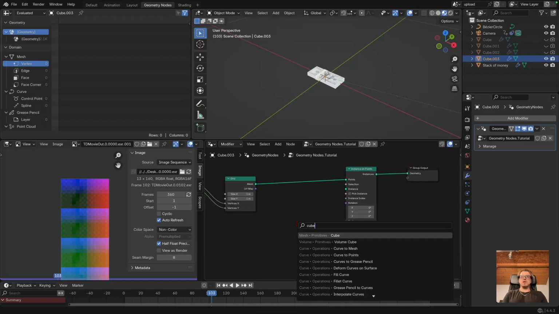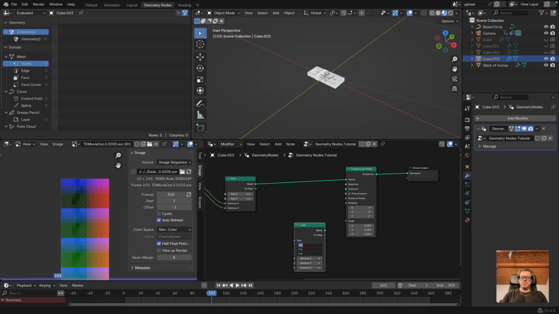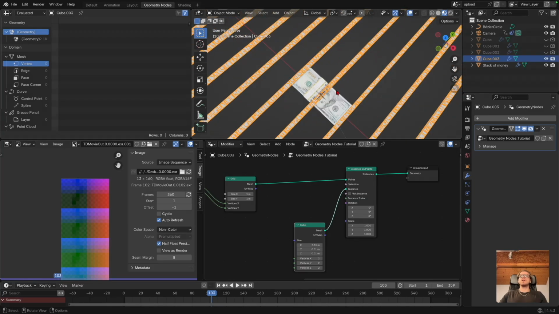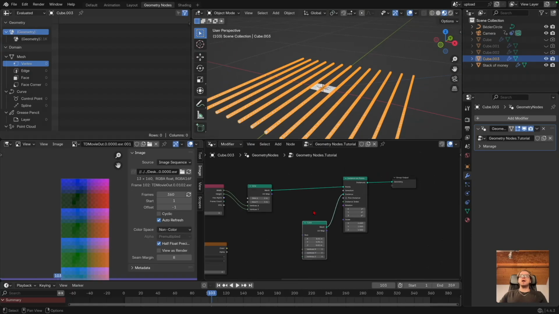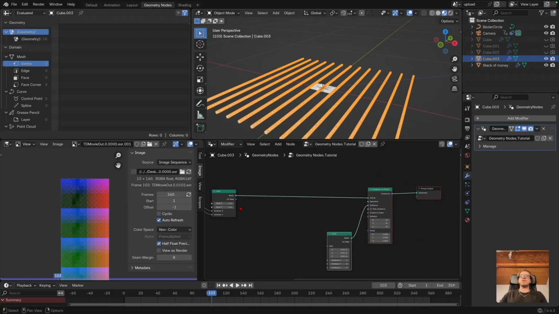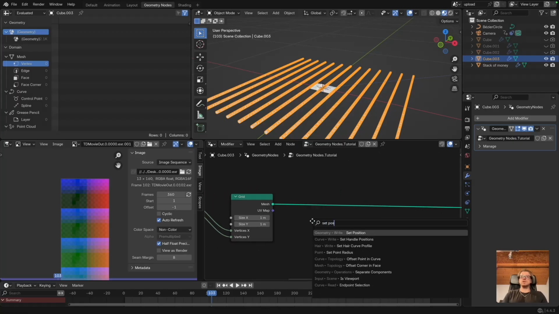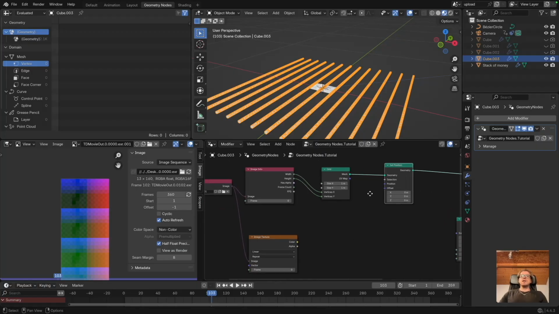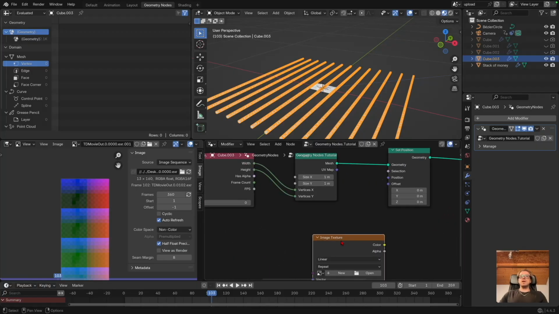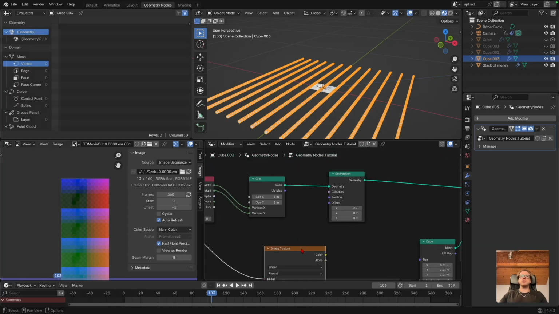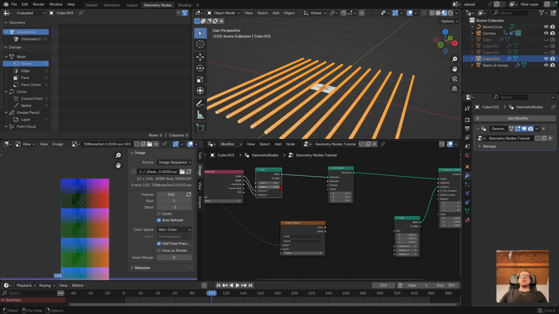and already if we do an instance on points and just grab a cube, make it tiny, and instance this right here. Okay, so we can see we have lots of points, but these do not have the positions that we want them to have. So what we can do now is we can simply hook up a set position, and let's leave it hooked up. You could just set the image in the image texture node, but still we can use the UV map from this grid,